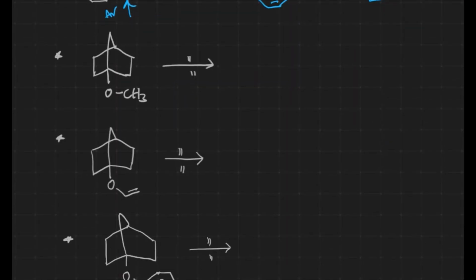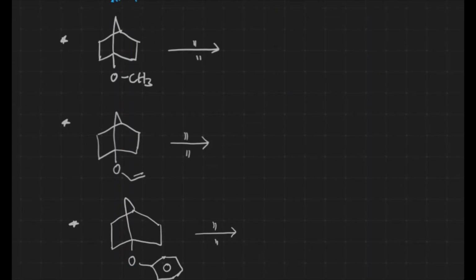Here, what is going to happen? Now if this is a tertiary carbon, we may expect an SN1 reaction. If the SN1 reaction takes place by breaking of the bond over there, carbocation generation takes place at this particular position. This carbocation is highly unstable according to Bredt's rule, because at a bridged carbon, an sp2 hybridized carbon is non-planar, because of which it becomes unstable. That's why we won't expect these kinds of reactions over there.